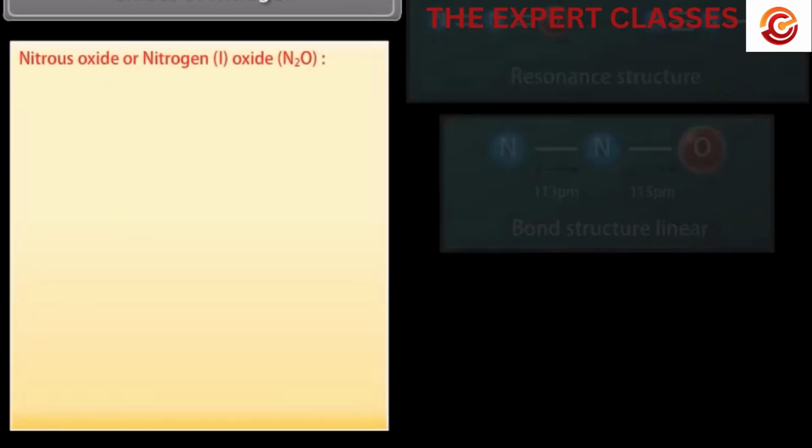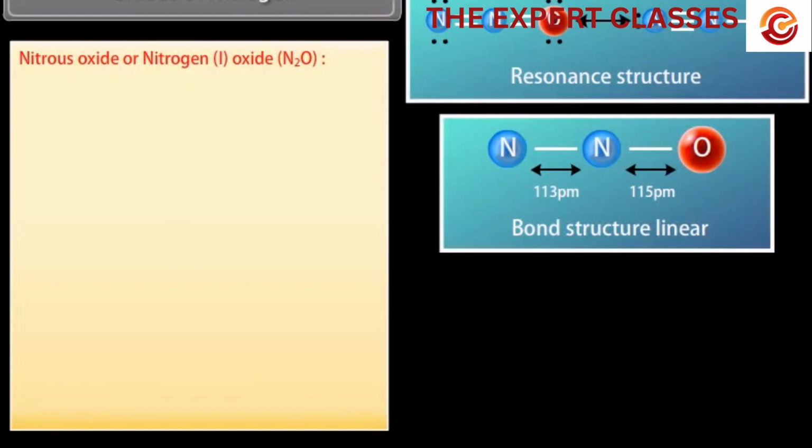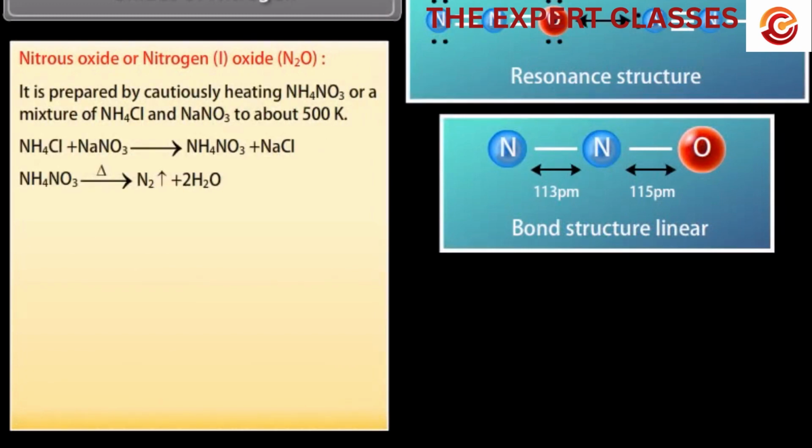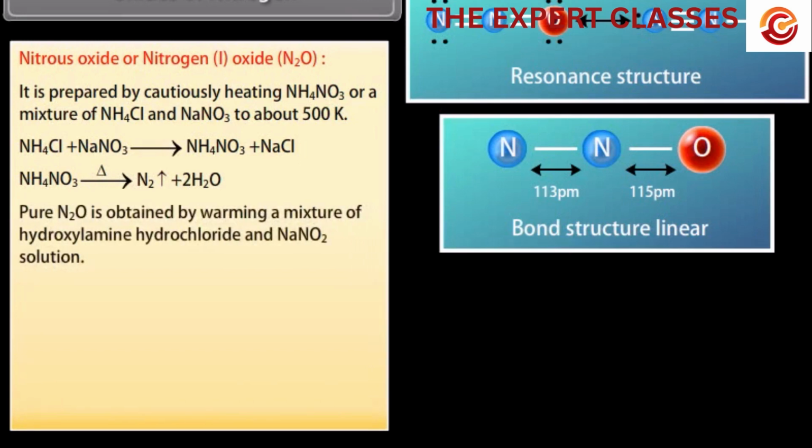Oxides of nitrogen. Nitrogen forms a number of oxides in different oxidation states. Nitrous oxide or nitrogen(I) oxide. It is prepared by cautiously heating NH4NO3 or a mixture of NH4Cl and NaNO3 to about 500 Kelvin. Pure N2O is obtained